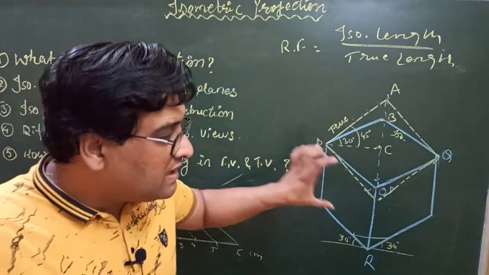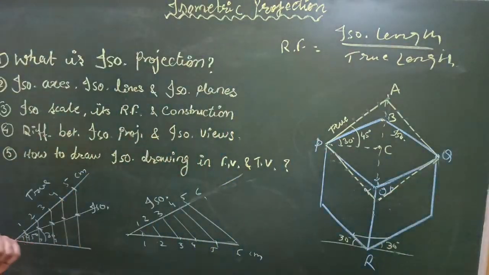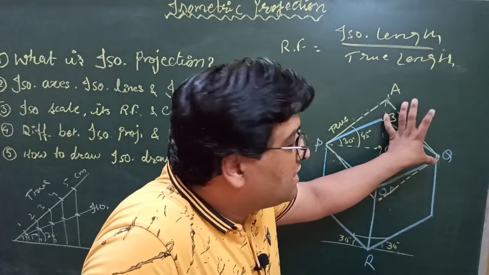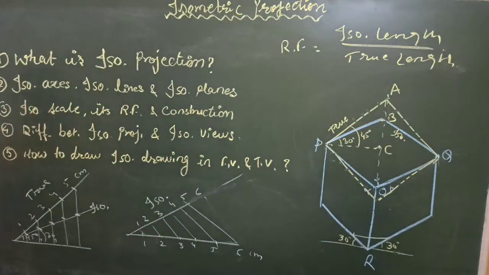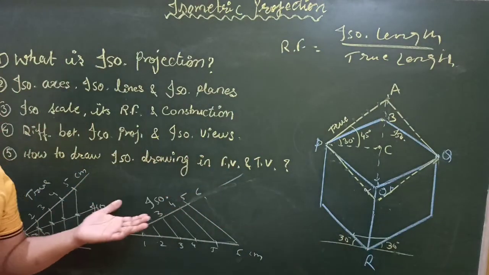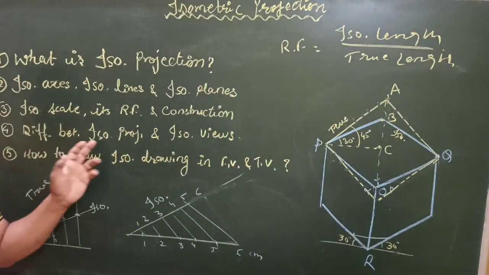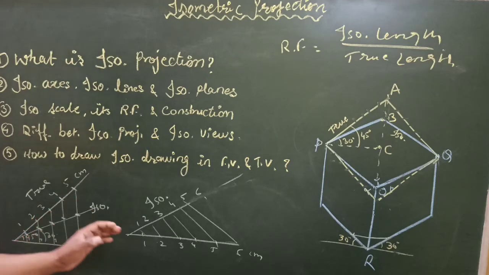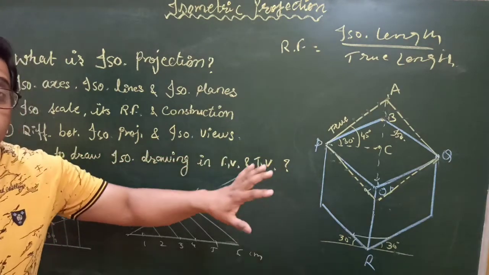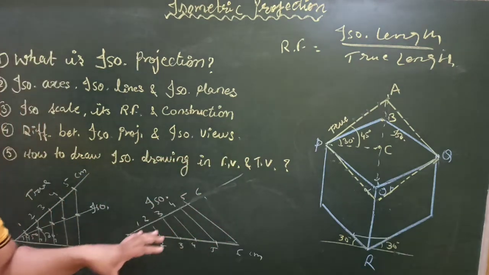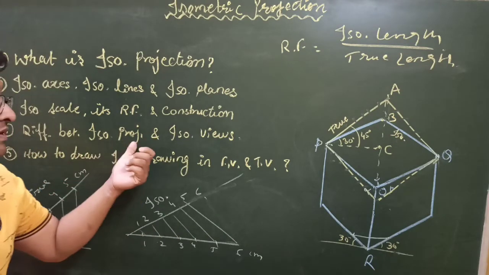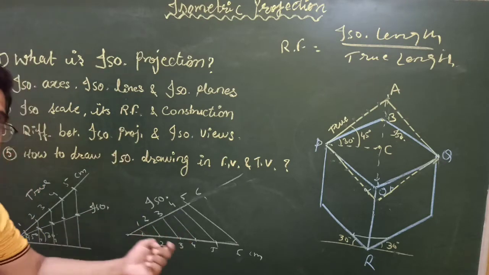Also, we can directly take dimensions from that particular diagram. Say for example, if you want to take this length, you can directly take that length from there and use it. So it's general practice to draw isometric views, and whenever it is asked that isometric projection is to be drawn, then you have to use the scale and draw the final drawings. But remember, whenever a sphere or part of a sphere is there in the drawing, you have to go for isometric projection, meaning you have to use the scales.